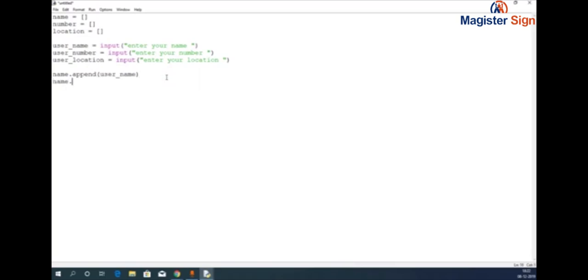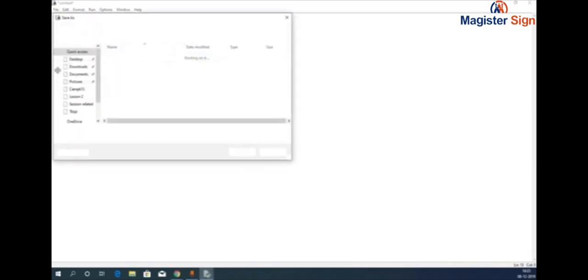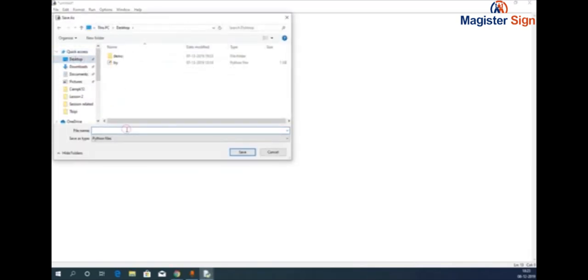Second, number dot append user number. Third, I'm going to do location dot append, it will be user location, and it's going to do the same thing. So let's just see how it does. I'm going to go ahead and save it, try one